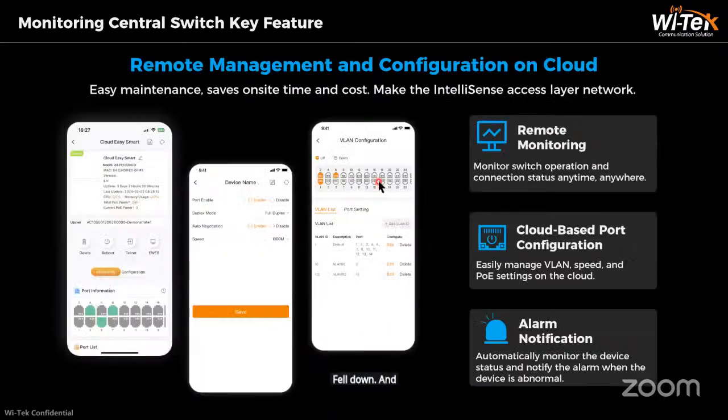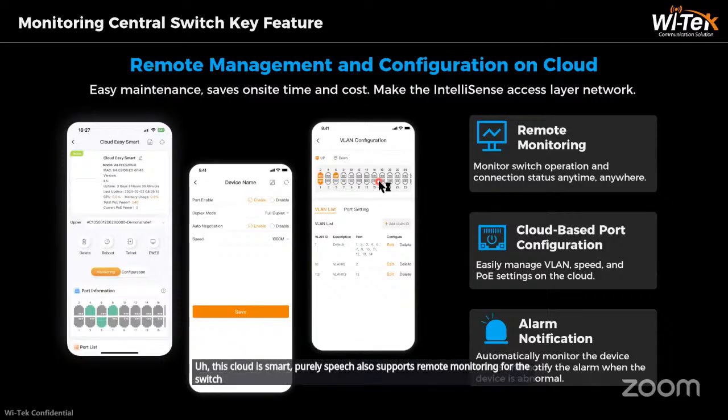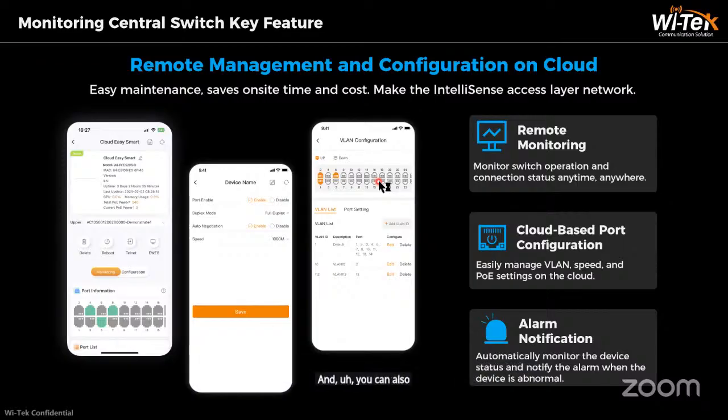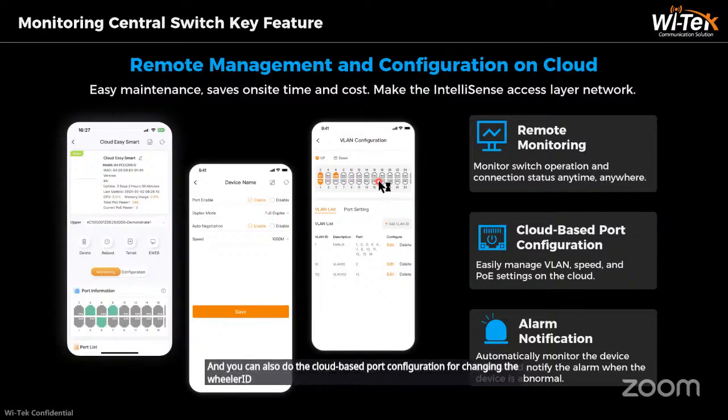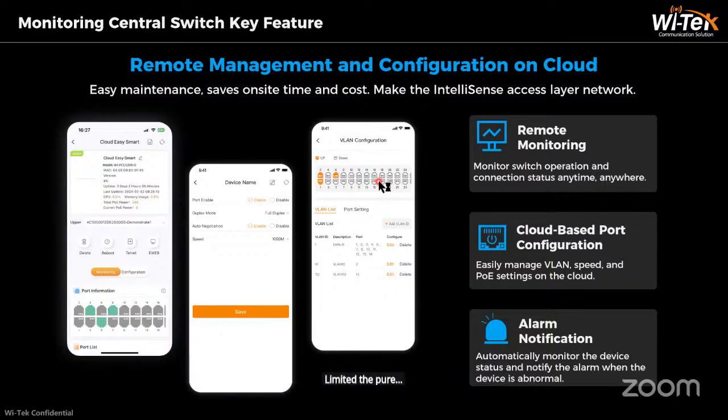And next is also the remote management and the configuration on Wi-Tek Cloud. This Cloud Easy Smart PoE switch also supports remote monitoring for the switch and connection status and time as well. And you can also do the cloud-based port configuration for changing the VLAN ID for each port, limit the port speed and PoE settings on the Wi-Tek Cloud, and receive the alarm